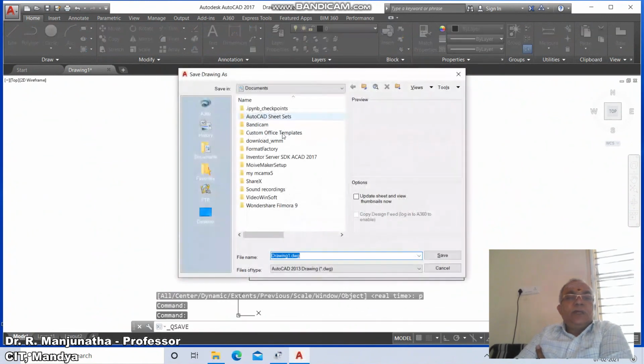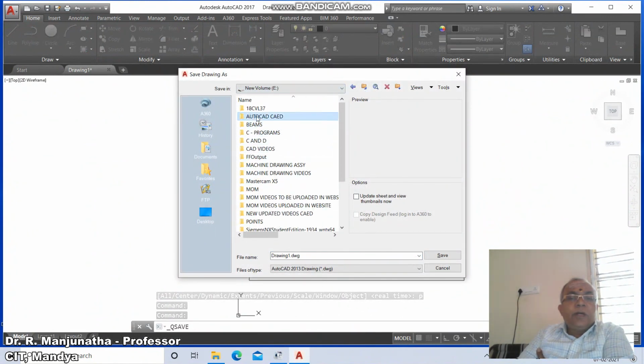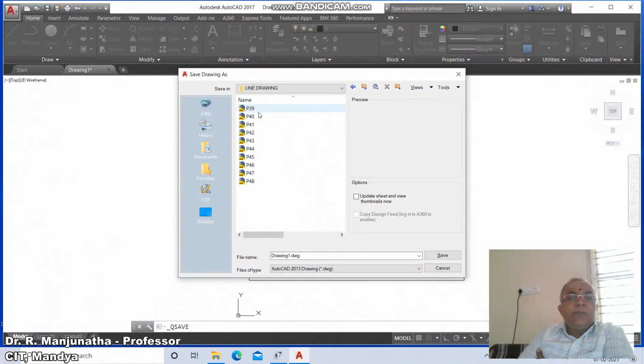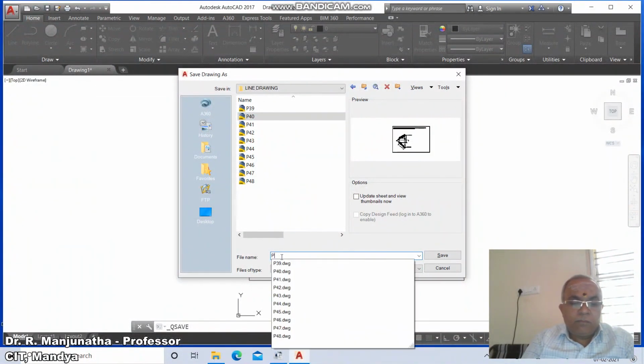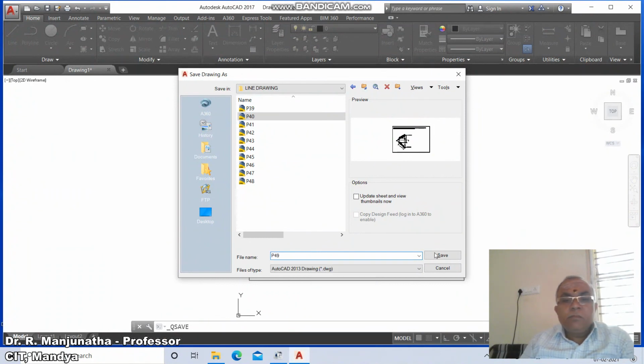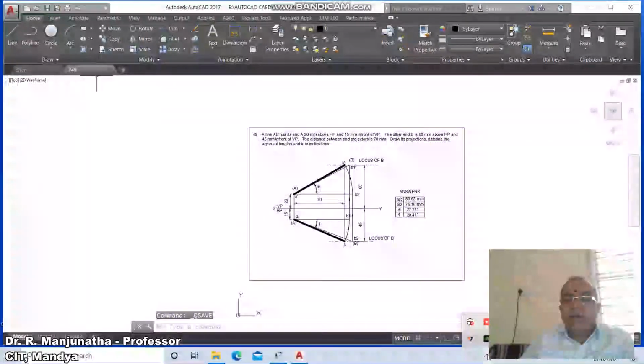And finally you save it in the appropriate drive. Go to AutoCAD, line drawing. So here you mark it as P49 and save. Finally you